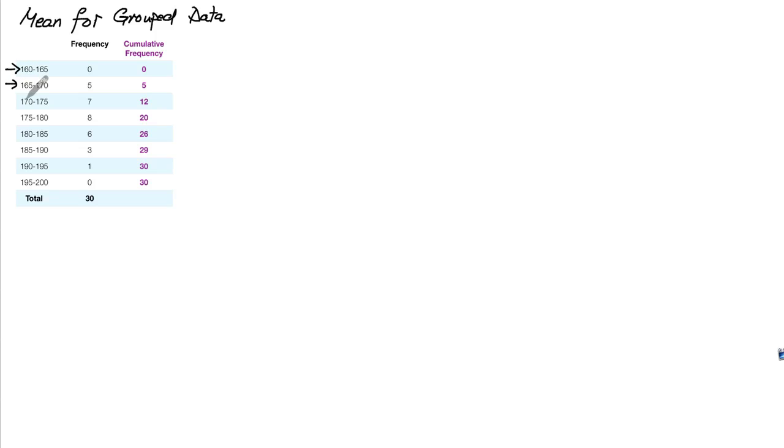Okay. So what is the mean when we don't actually know the exact heights of the 5 people that belong in this bin of being between 165 and 170 centimeters? 7 people that are in between 170 and 175, but we don't know their exact height. Is there a way for us to come up with a sensible estimate for the mean of the 30 males that we had sampled? In order to do this, we're first gonna